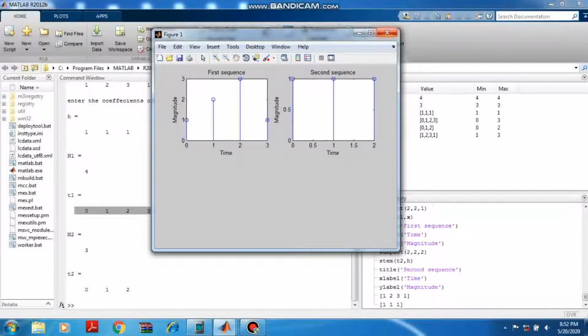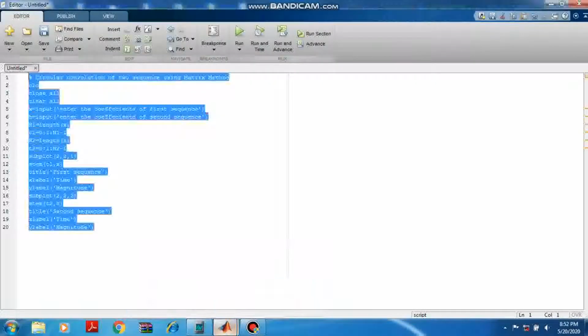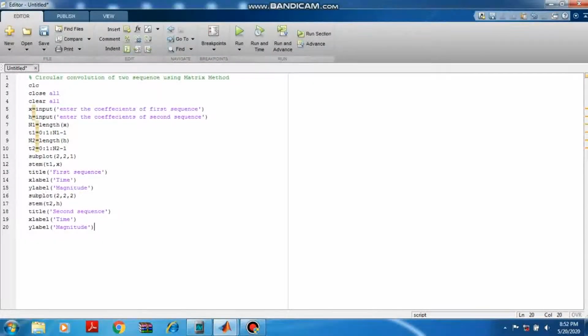Right, with this, next we are trying to write the program to circularly convolve using the matrix method. Let it be the matrix method or any other method, the first thing is we should have something called zero padding.